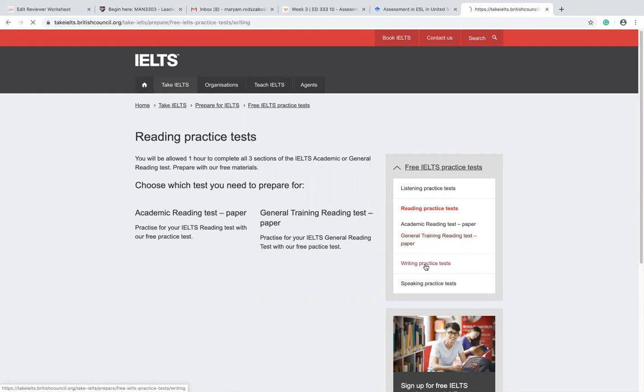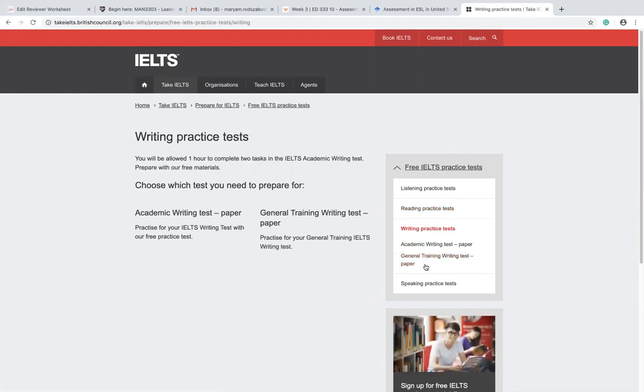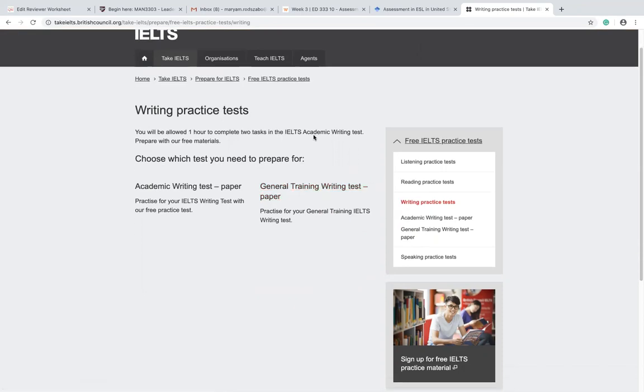And then there is a writing section, which is, again, most of the time 2 essays that you have to write, and you will be given a topic to practice. So whenever you can, secure a 2 or 3 hour block of time to go over the whole test at once. It tells you how much time you need to give yourself to complete the whole writing or reading tasks.